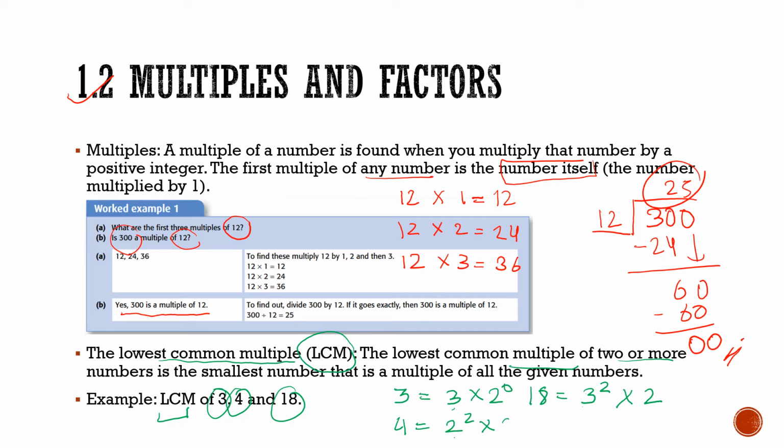And then the same for 4, which is 3 power 0. And any number to the power 0 gives 1. So 2 power 2, 4 times 3 power 0, which is basically 4. Now what I want you to do to find the